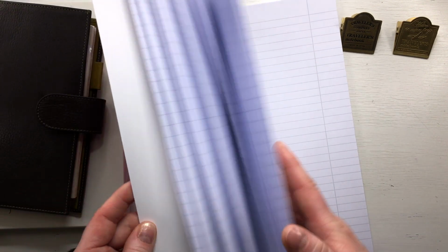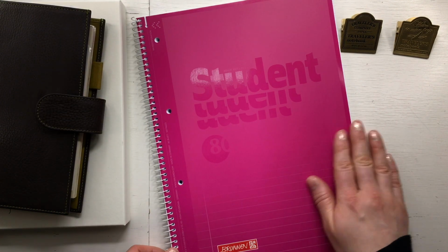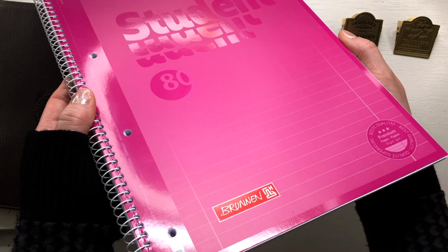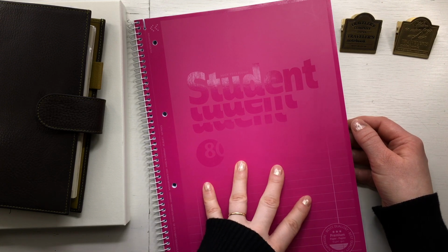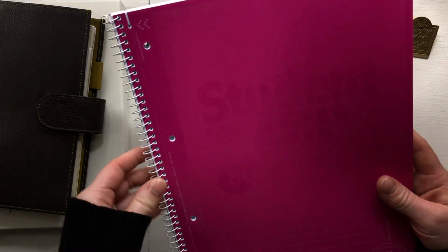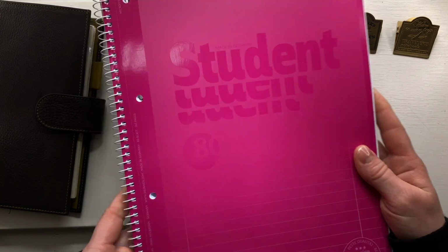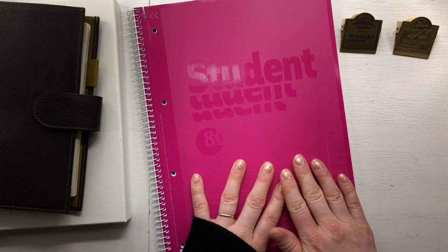And I love it. It's smooth paper. I can use a fountain pen and ink. It's no problem, and this is just lovely, and I just wanted to buy a new one, so when I have filled up my previous one I can start a new one. But because I haven't been home so much and I'm not carrying this around when I'm traveling, I haven't started using this yet, but I have it, and this was